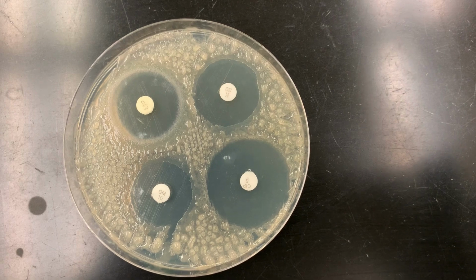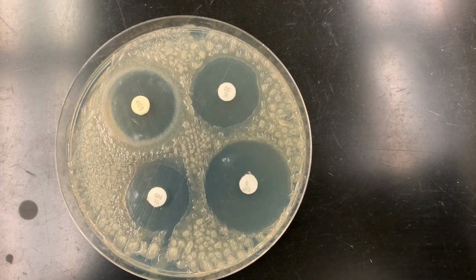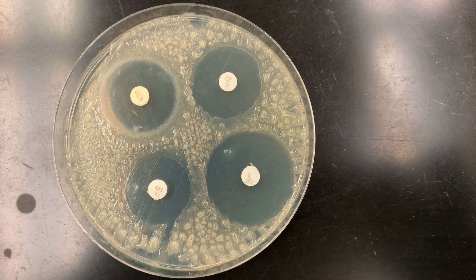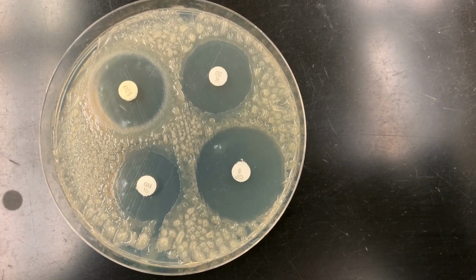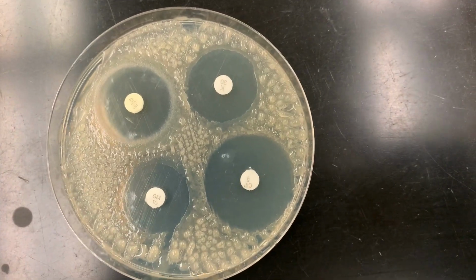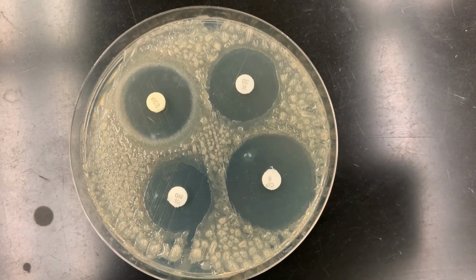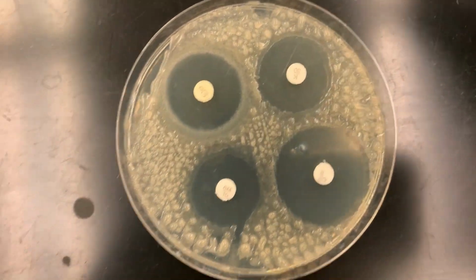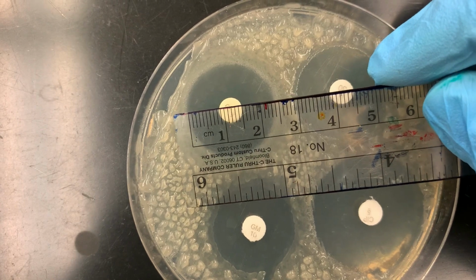Here is another Kirby Bauer disc diffusion assay for you to work on interpreting. I will hold the ruler up, and I'm going to ask you to read the ruler and then use the table provided to interpret whether or not this species of bacterium is resistant, intermediate, or sensitive to the antibiotics. So the first drug, D, is doxycycline. So I'll hold up the ruler. You're going to read it